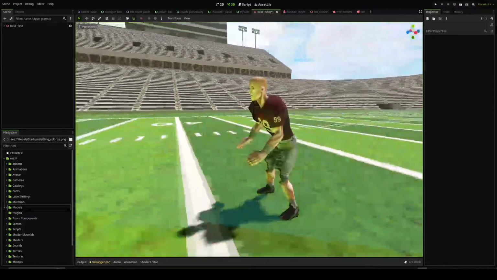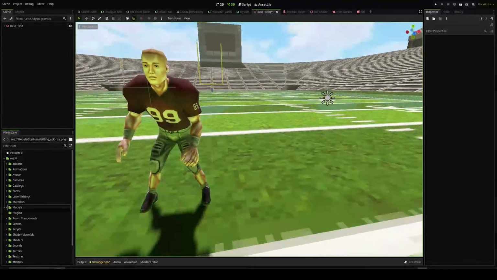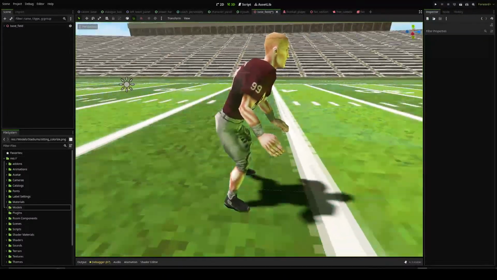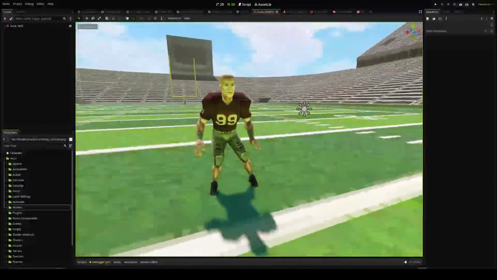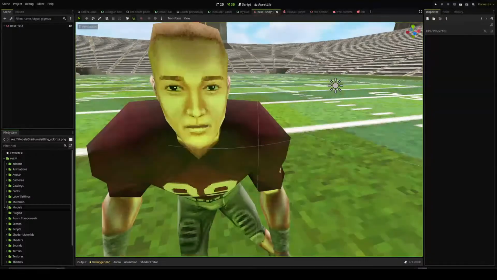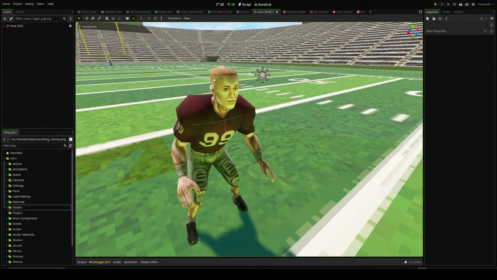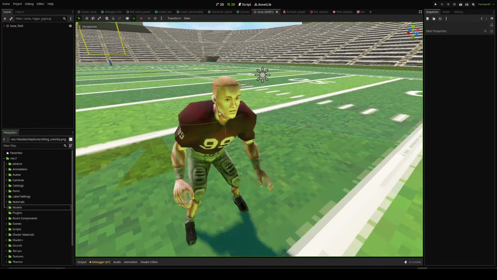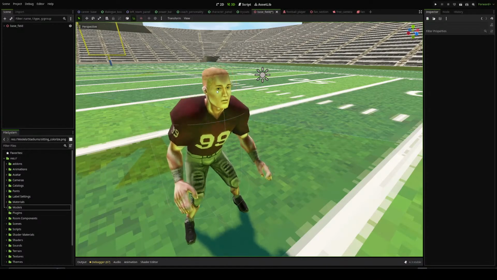This specific player model, I did not make myself. I commissioned this from an artist, and I think he did a pretty good job. The only problem is the face. Not because the face isn't good, but because I want to have the faces match the player avatars. And so, if you remember what the player avatars look like,